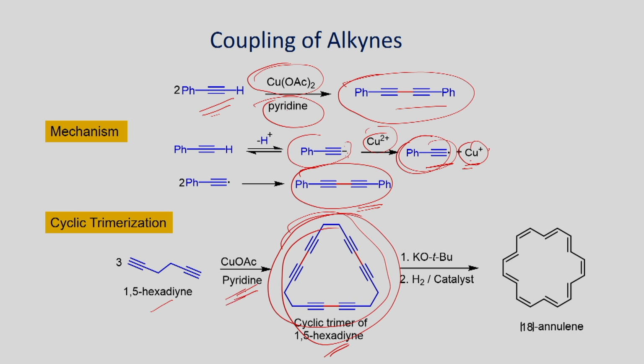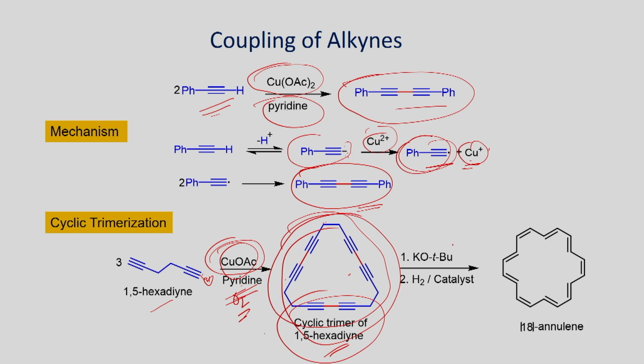So, in this reaction, the copper 1 acetate is first oxidized to copper 2 acetate. The reaction is carried out in the presence of oxygen. Once you form this copper 2 acetate, as we have seen, the pyridine can deprotonate this proton. You deprotonate this hydrogen, you form the carbanion. Once you form this one, that will be converted into a radical. So, that can couple two radicals here. Similarly, here 3 molecules of 1,5-hexadiene can couple together to form this cyclic trimer as the product.